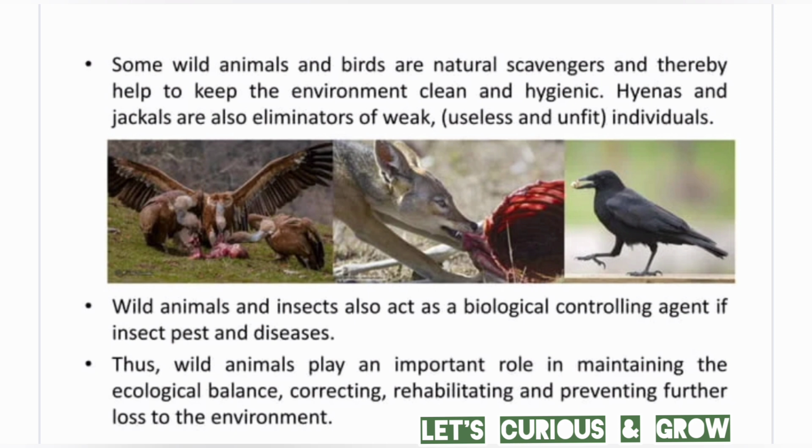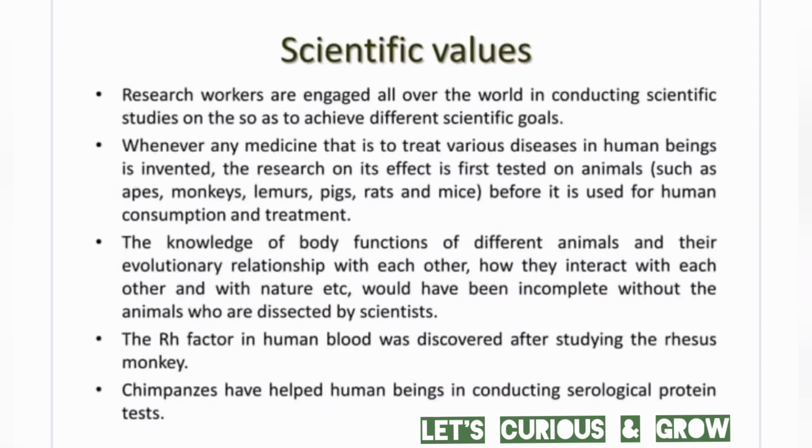Again, there are examples that some wild animals and birds are natural scavengers and thereby help to keep the environment clean and hygienic. For example, hyenas and jackals are also eliminators of weak, useless, and unfit individuals. You see through these pictorial representations which are shown here. The wild animals and insects also act as a biological controlling agent of insect pests and disease. Thus, wildlife plays a significant and important role in maintaining the ecological balance, correcting, rehabilitating, and preventing